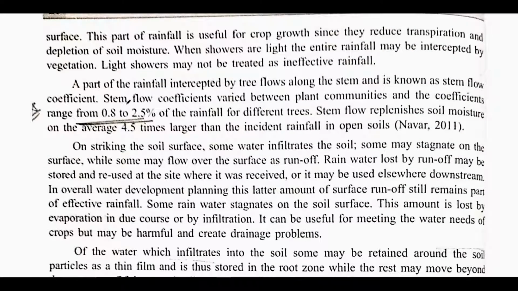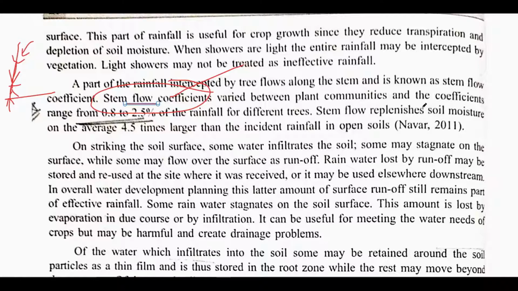The other important thing is stem flow. See, when there is rainfall, not all of it flows through to the soil. Some amount of rainfall is received by the plants also, and from the leaves it reaches the stem and from the stem to the soil. Basically, this type of movement from plant to soil is known as stem flow. The water droplets travel from leaves to stem and further to soil. This basically occurs in maize, sorghum, and various other crops.